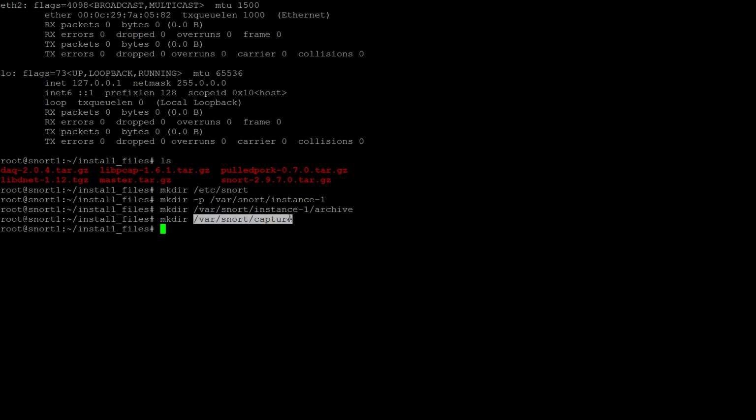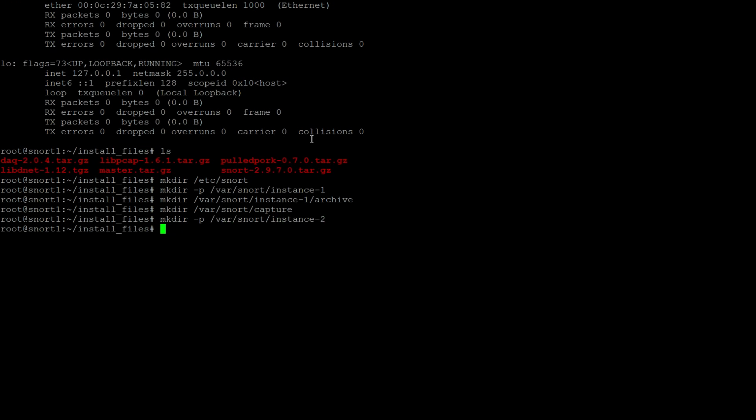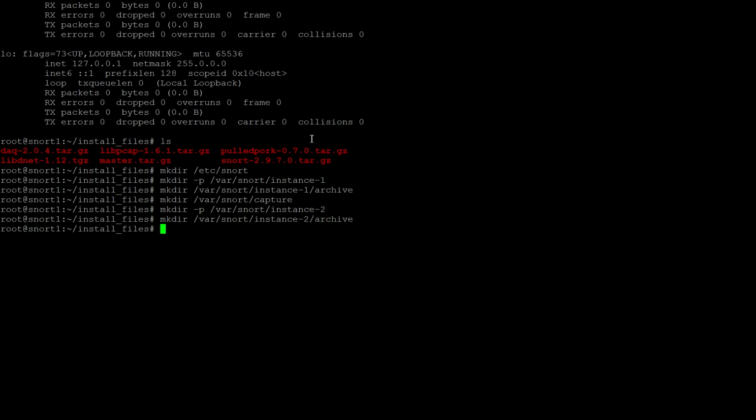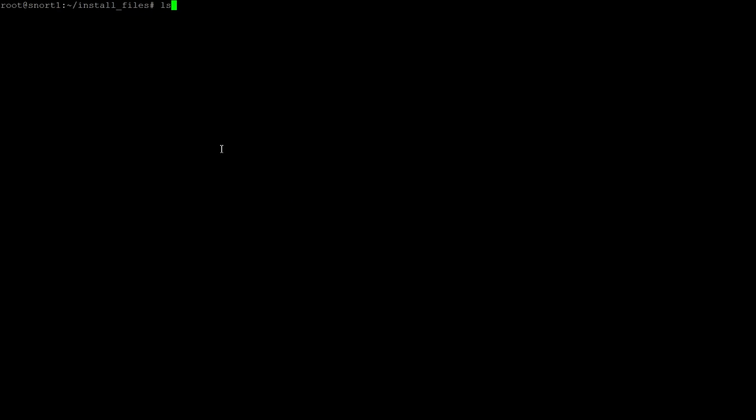Finally, /var/snort/capture. Snort now has the ability to actually perform file capture. So this is where we're going to store any files that are captured. But again, we'll get to that later. I just want to go ahead and make sure we have all these directories created. In fact, let's go ahead and make an instance2 directory. And an archive directory. Okay, I'm just going to clear my screen, and